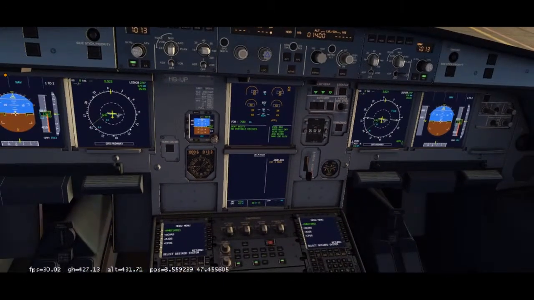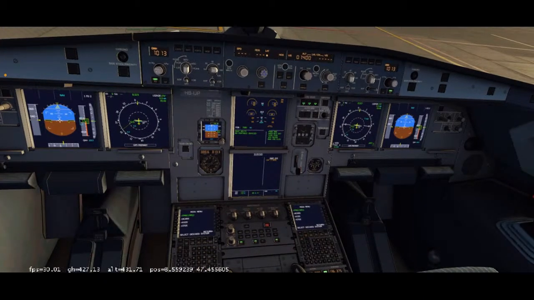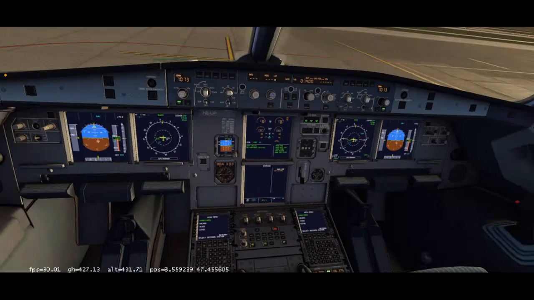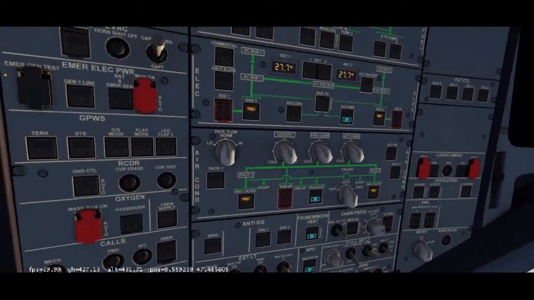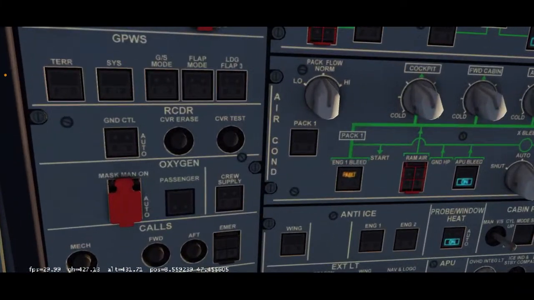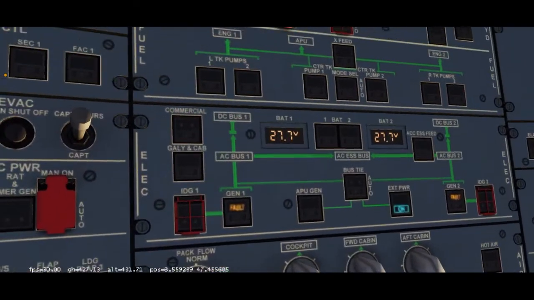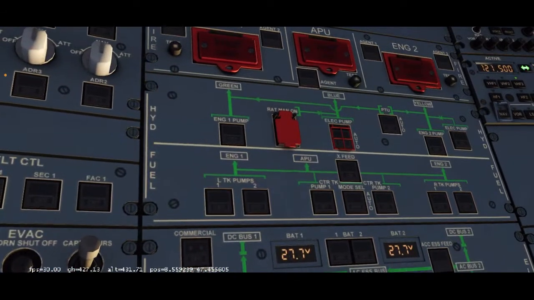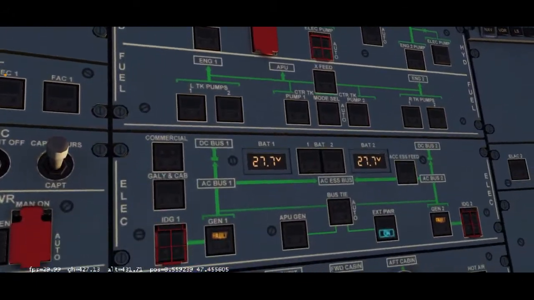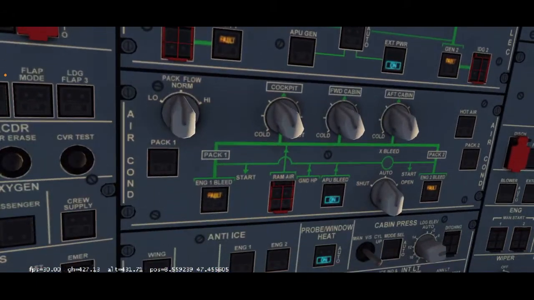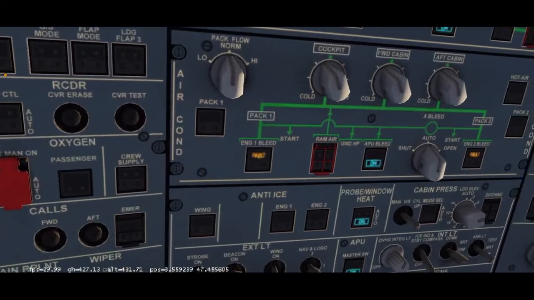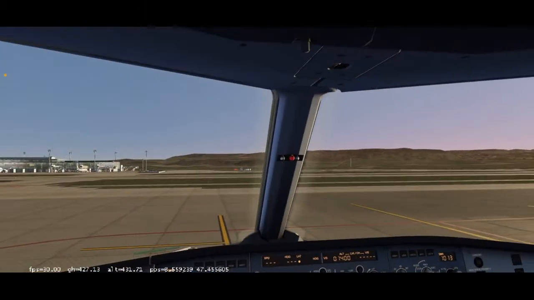Another thing, when you want to have more engine performance, then turn off the packs, the anti-ice, and the probe heats for the windows. Oh, I don't actually know too much about the packs, to be honest. I see them here, but if you could teach me in Discord a little bit more about those, that'd be awesome. I think our co-pilot, or Aerofly, just does all of that stuff for us so that we don't have to worry about it. But yeah, I would love to learn more about the packs, because I really don't know anything about those.